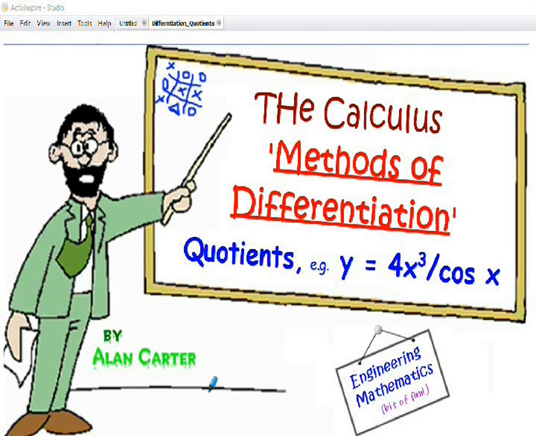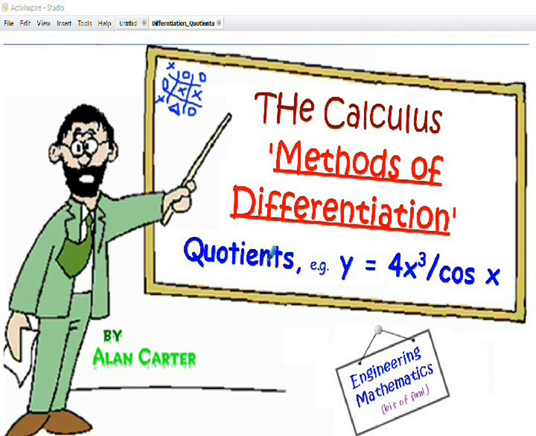Okay, and welcome to this brief presentation on methods of differentiation. If you've seen the previous video on differentiation of products, this video, which relates to differentiation of quotients, follows a similar pattern. A quotient in mathematics is a fraction, so unlike the products which we looked at previously, where we had two functions of x multiplied together, a quotient by definition is two functions of x that are divided by